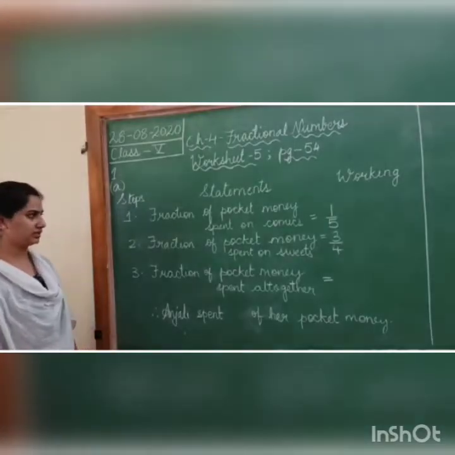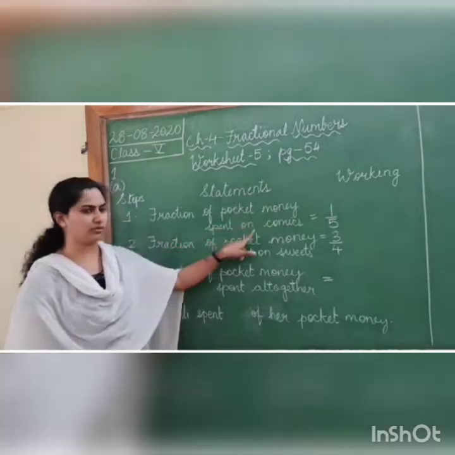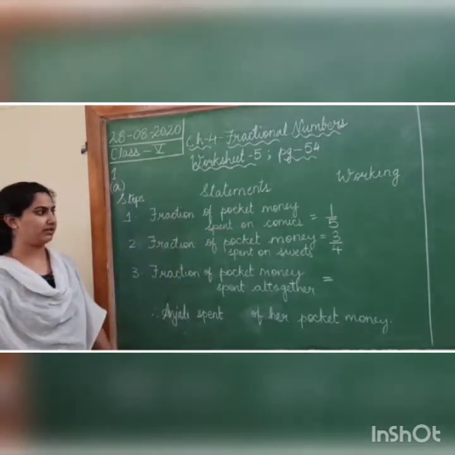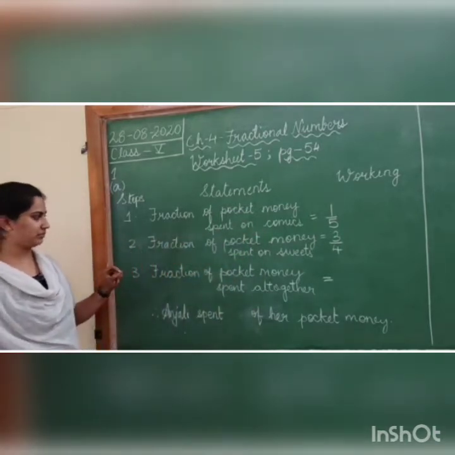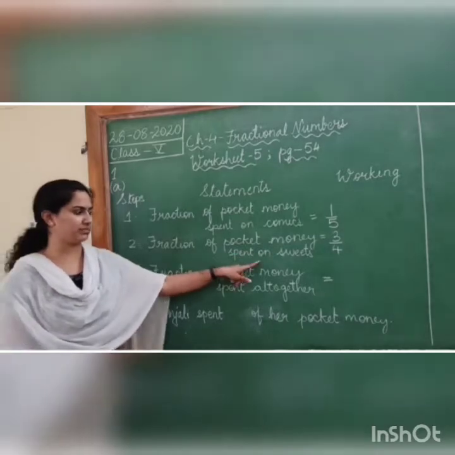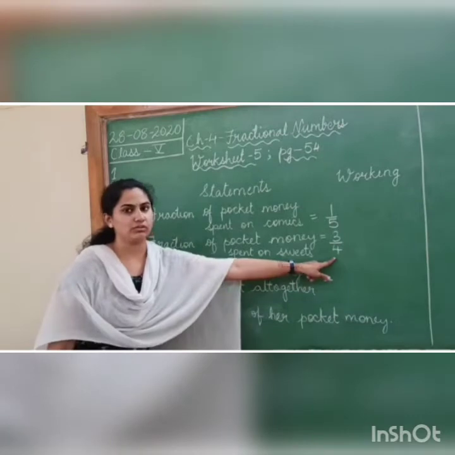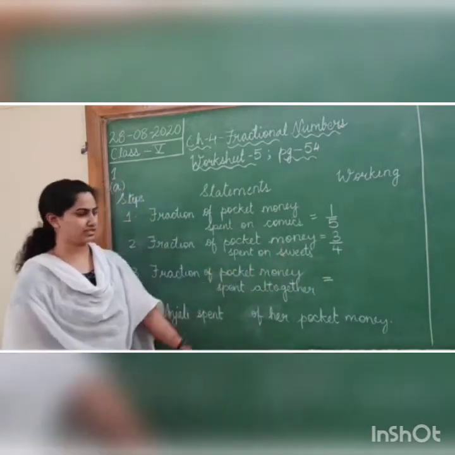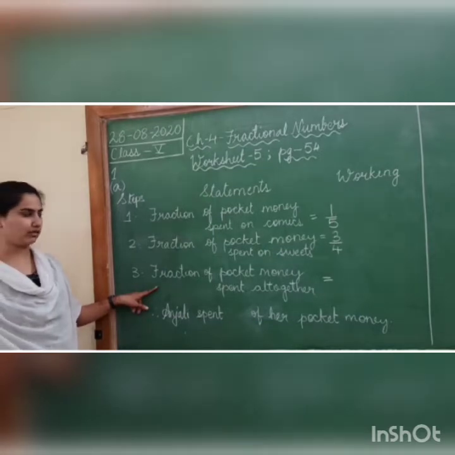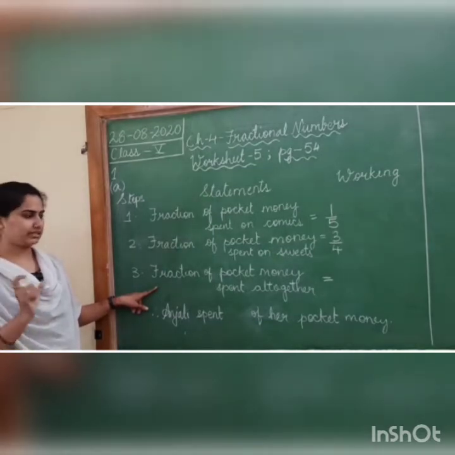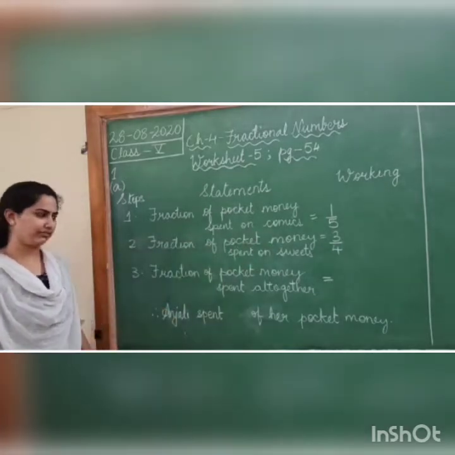So according to the question, the first statement we will write: fraction of pocket money spent on comics. Anjali has spent 1/5 of her pocket money on comics. And second statement says fraction of pocket money spent on sweets. Anjali has spent 3/4 of her pocket money for sweets. Now how will I calculate how much she spent altogether? Altogether, the word says adding. So what will I add? The two fractions that were given. That is